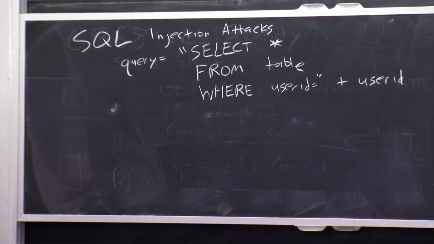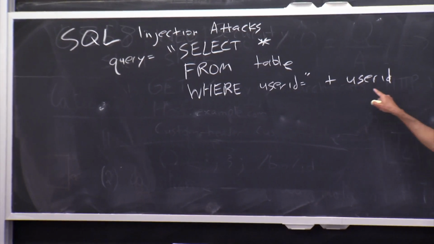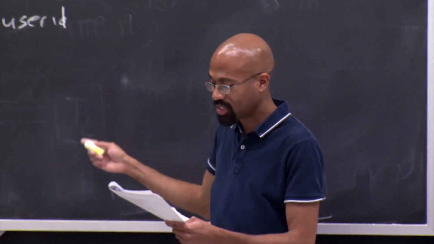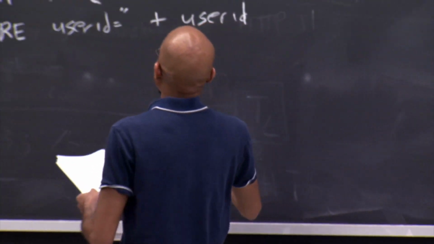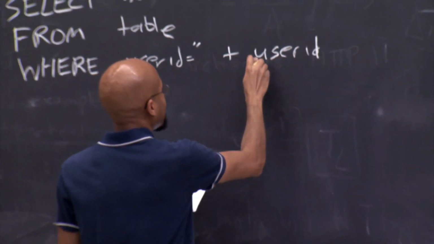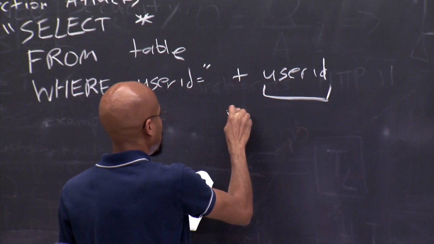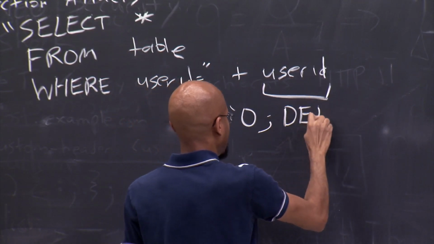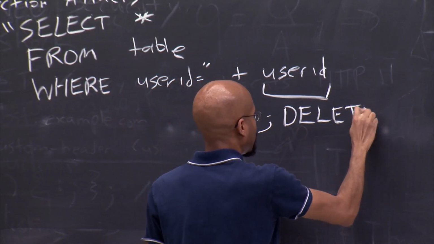It ends very badly. There are no survivors. Basically, if this comes from someone untrusted, then you can do all kinds of chicanerous stuff here, right? One thing you could do, if you want to be a jerk, is set this to the string 0 and then something like delete table.